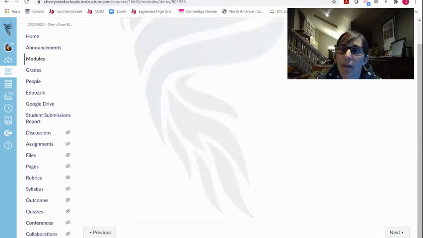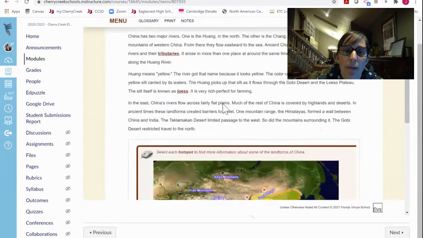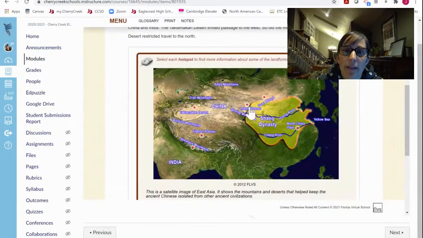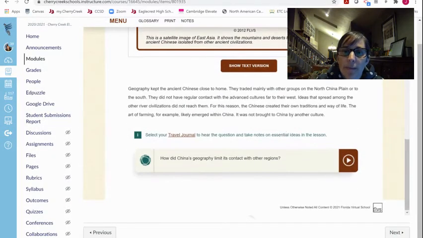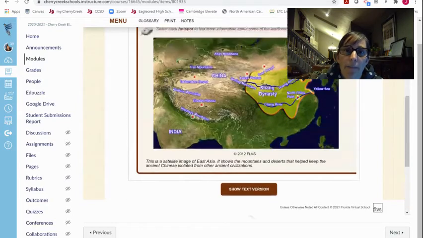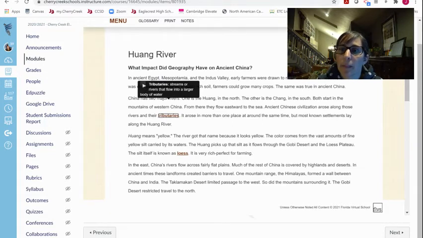Okay, so this little arrow, that takes me to page 2. And then I read through here. There's neat things that you can click on. It's interactive. Scroll down, do all the reading, okay, and then I would go to here again. And then another thing that I wanted to point out is you can click on all of these and have the word read to you aloud, or just read the definitions. That's helpful. Okay.